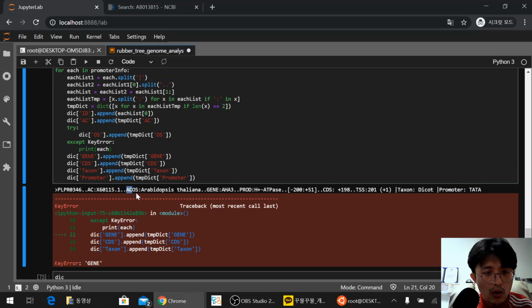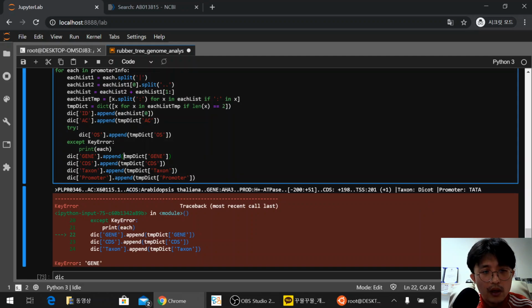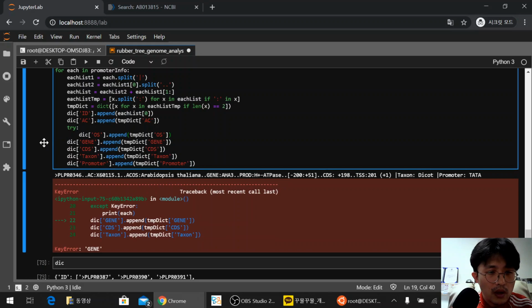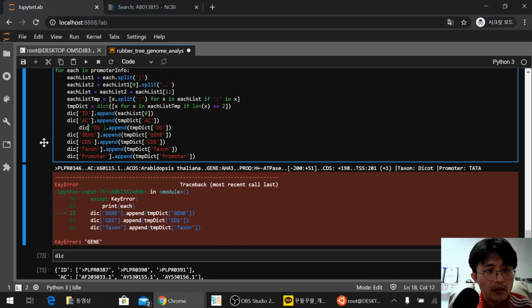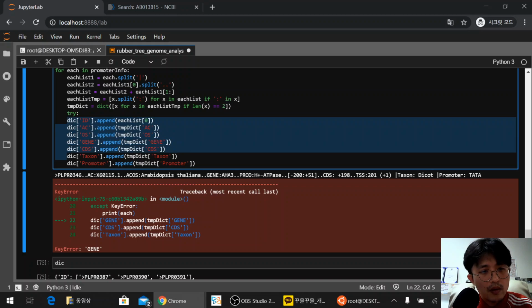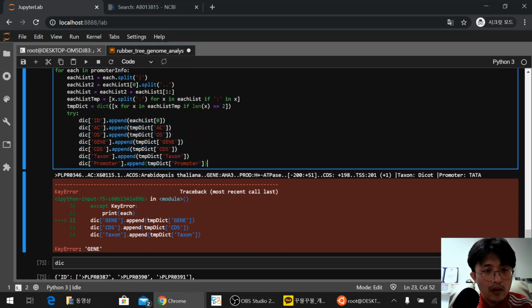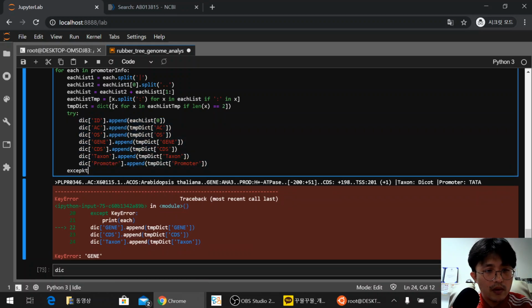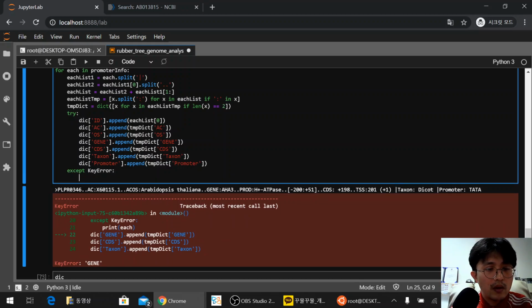Somebody actually coded this information in this database. Then I will ignore these errors rather than using every piece of information. Okay. Try, except key error. Then